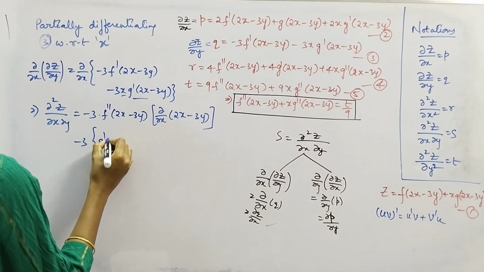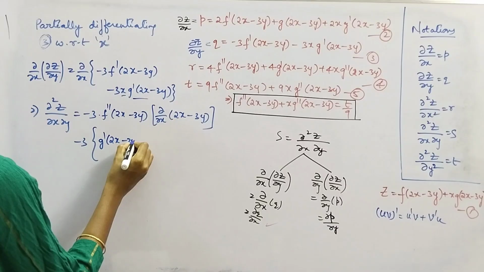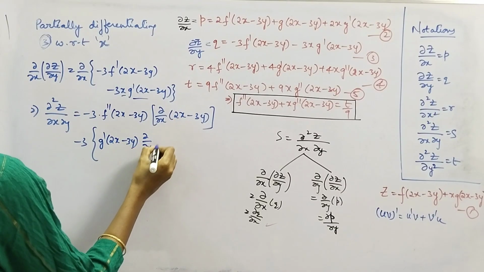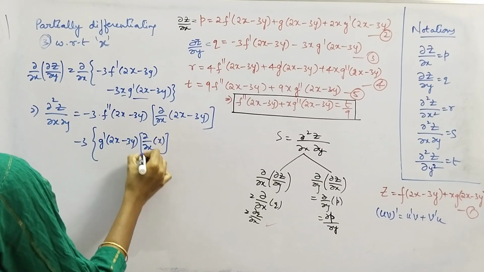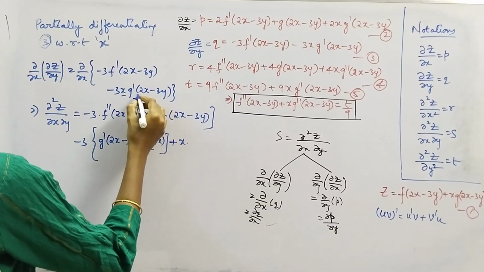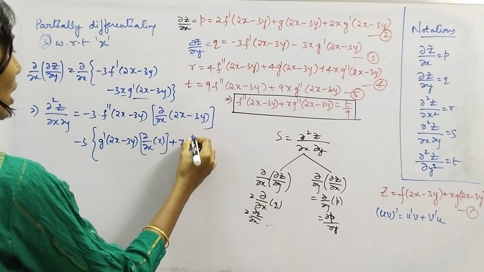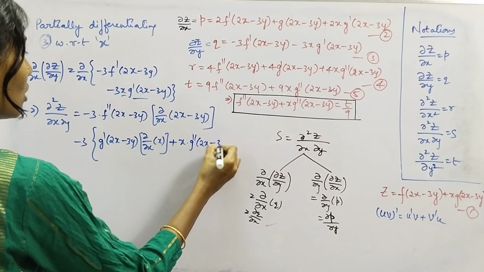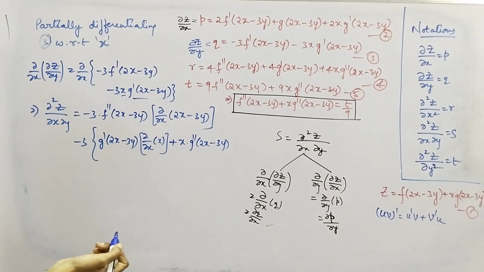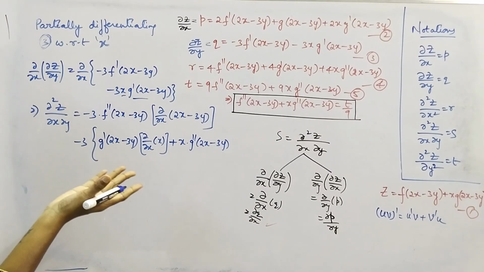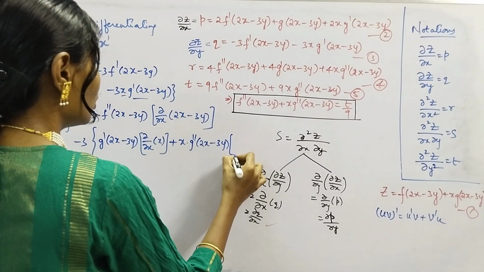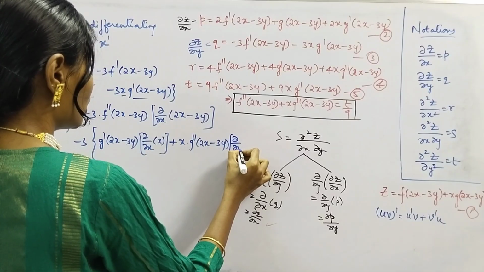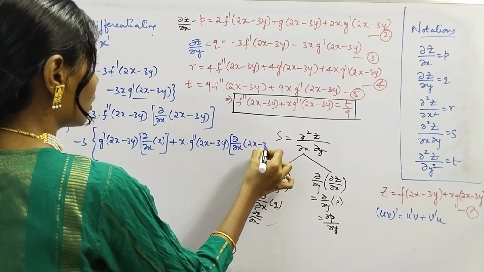So here we'll get g'(2x-3y) into the partial derivative of x with respect to x, plus x into the partial derivative of g', which is g''(2x-3y) into the inner derivative ∂/∂x of (2x-3y),